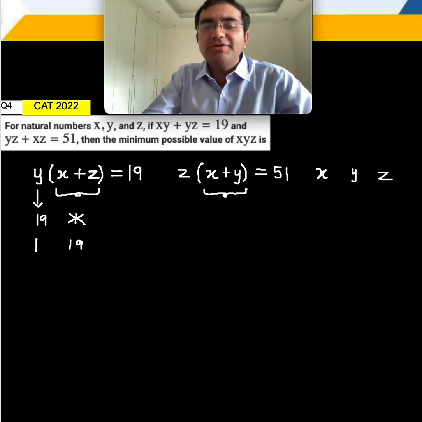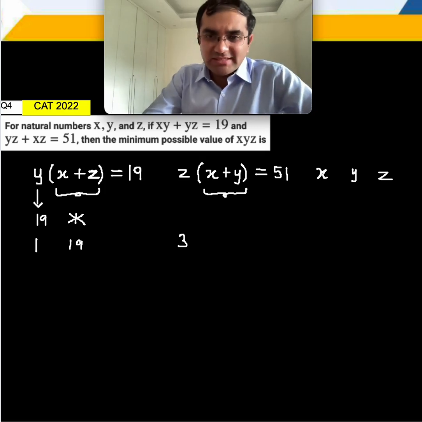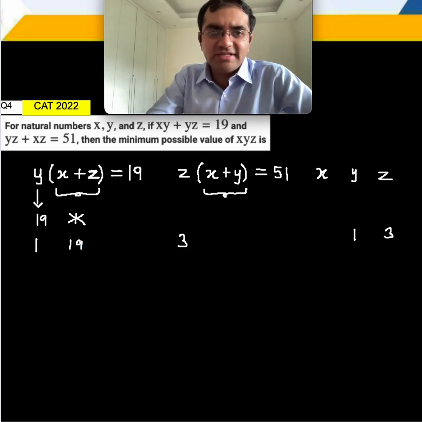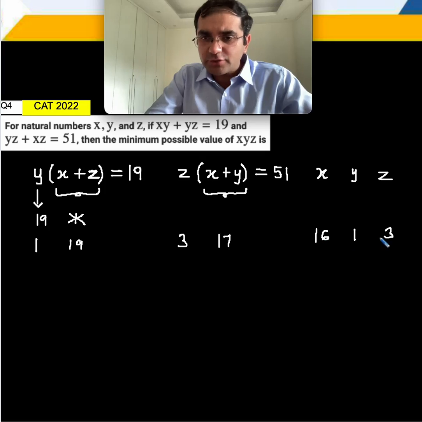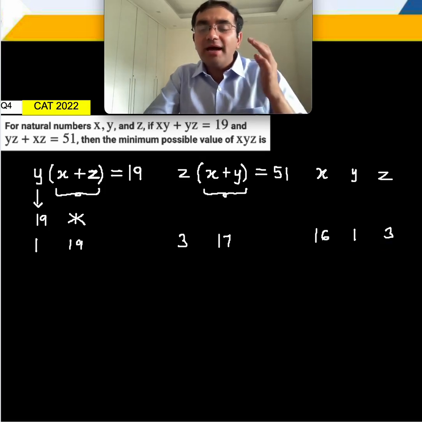So now let me try z equal to 3. When z is 3, y is 1 and z is 3. So यहाँ पे out of 19, if z is 3, x turns out to be 16. So 16 plus 1 should be 17, and according to the second equation, when z is 3, x plus y does turn out to be 17. So I have one solution. And x into y into z turns out to be 16 3s are 48,